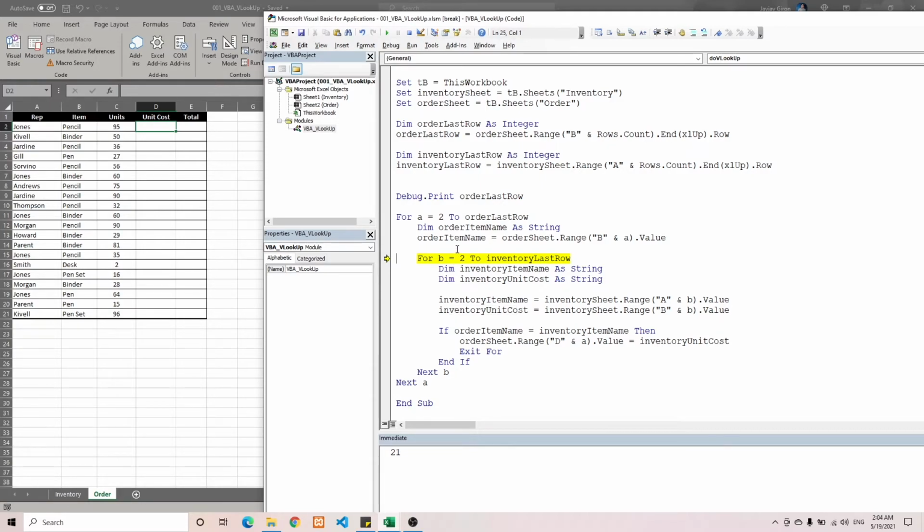So on the inventory tab, the first inventory name is also named pencil, and if we check if it matched the order item name, it goes inside this condition, and now we will put the value of the unit cost into the unit cost column of our item pencil, and as you can see in here. So now I'm going to just keep on pressing F8 and let the code run,